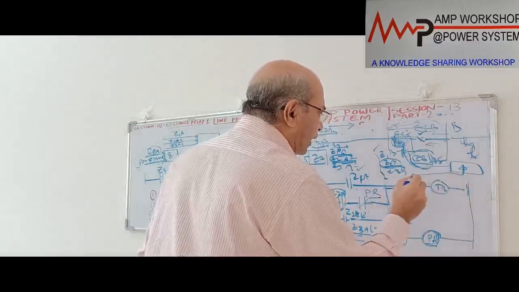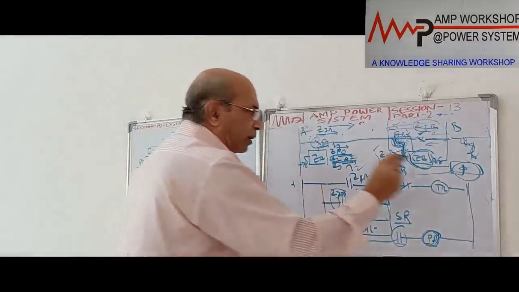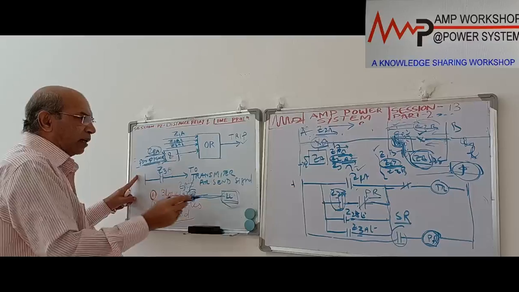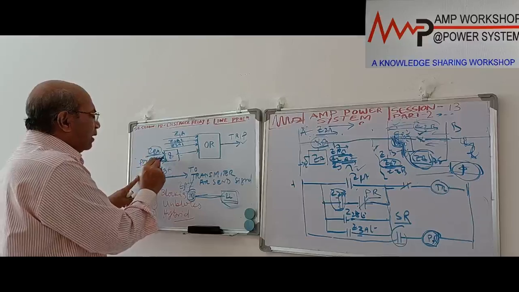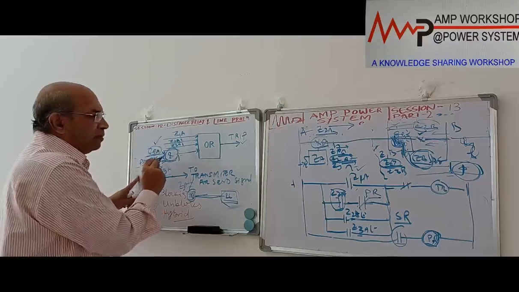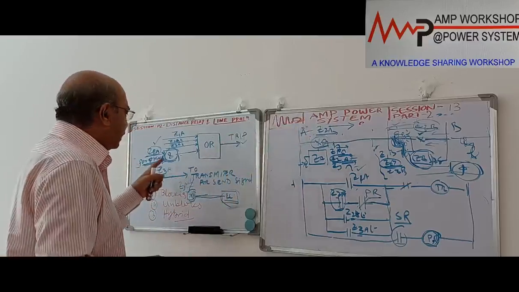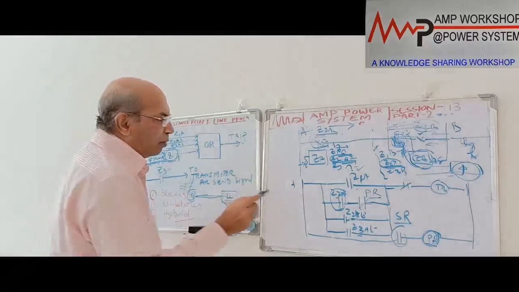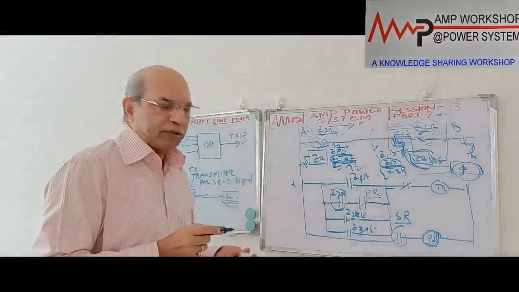Then the transmitter will be sending signal to the receiver. So if the transmitter has some problem or the receiver has some problem or the channel has some problem, what will happen? This signal will not come. In that case, though the fault is inside the line, due to failure of the signal channel, this AND gate is not meeting the requirement. Z2 has operated, but the signal is missing due to failure of the transmitter, receiver or any of them. Then the genuine fault will not be cleared and it will be hanging. And it will be cleared when? It will be cleared after the zone 2 timing elapses. By that time the system will go unstable.